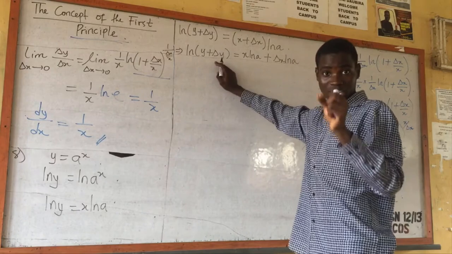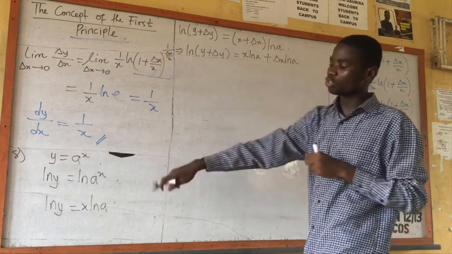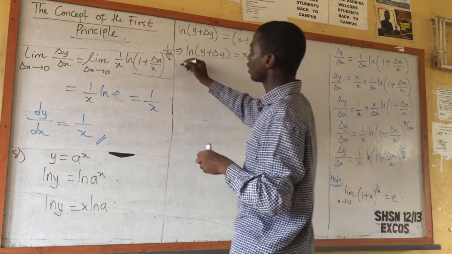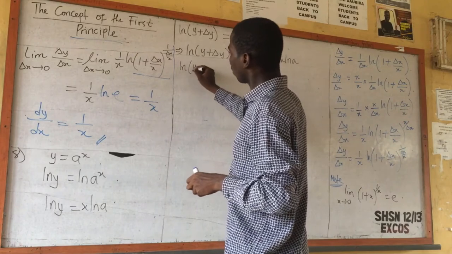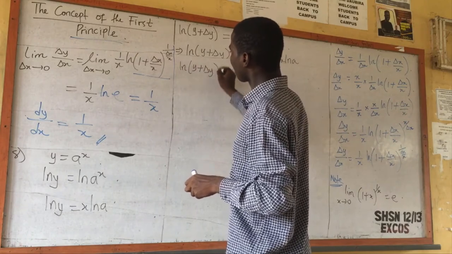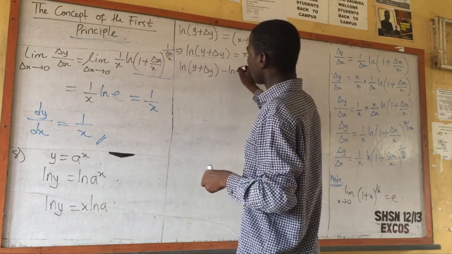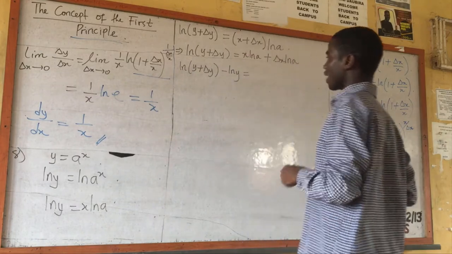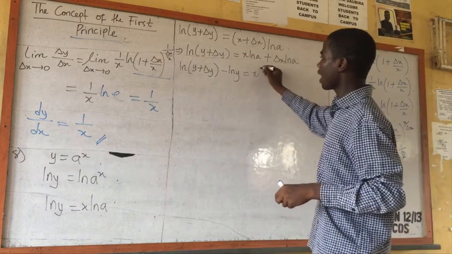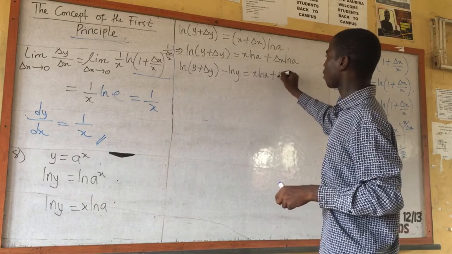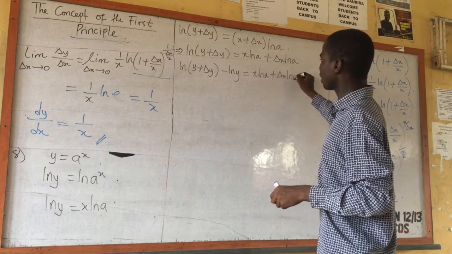Instead of subtracting y, you subtract ln y. So subtracting ln y, I have ln of y plus delta y minus ln y is equal to s ln a plus delta s ln a